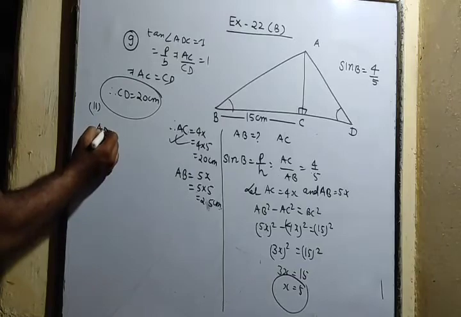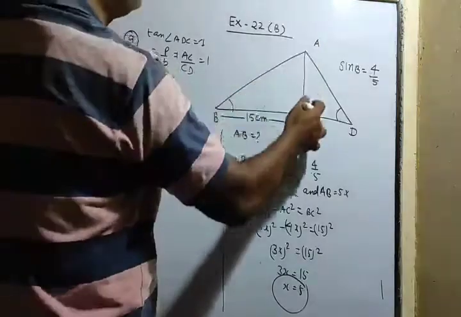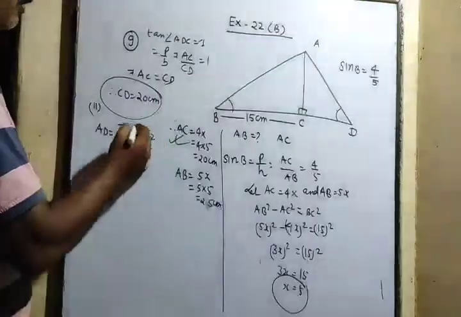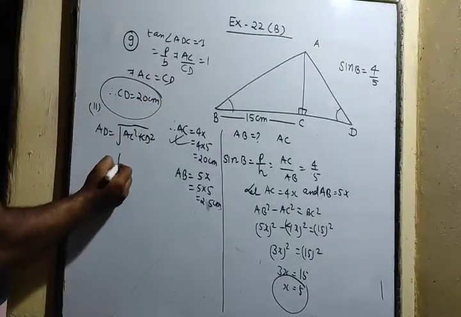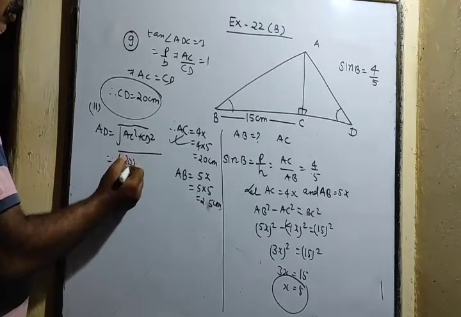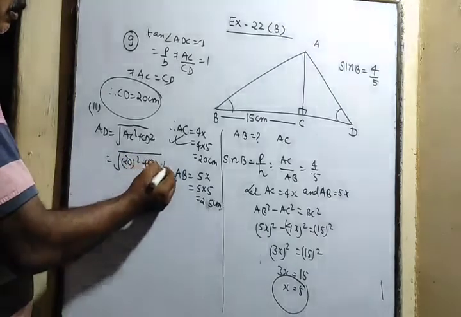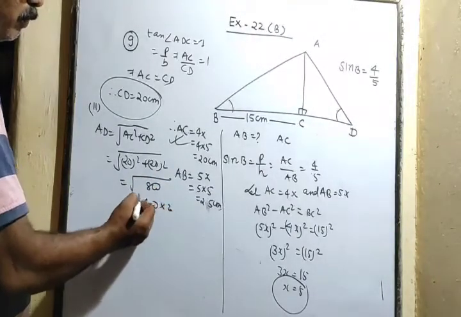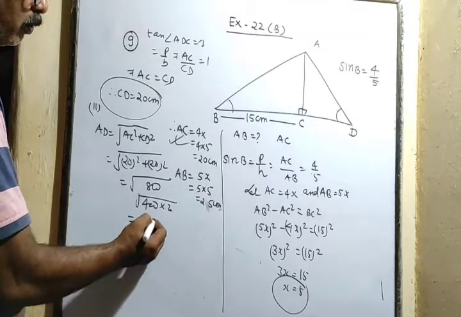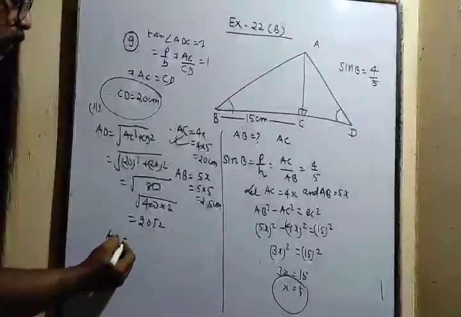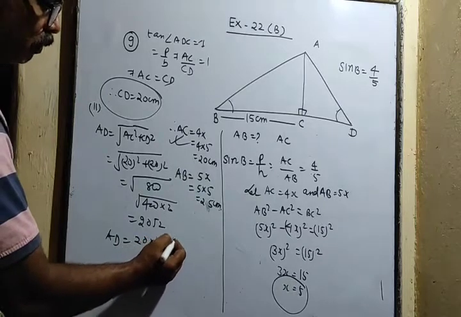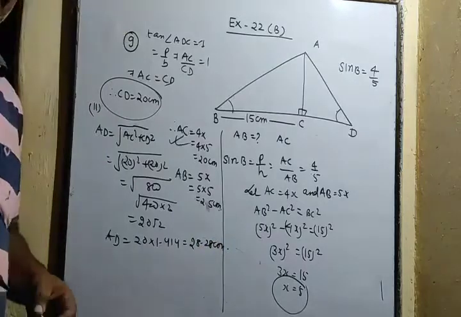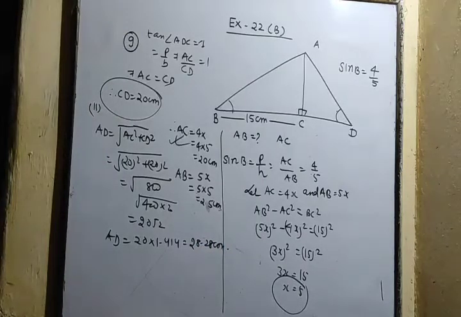So as you know, AD is actually the hypotenuse for this right angle triangle. So it will be AC square plus CD square, and AC and CD are both equal. So it will be 20 square plus 20 square. So it will come out as root over 800 or 400 into 2. So it will be 20 root 2. So the AD length will come out as 20 into 1.414, meaning 28.28 centimeter. Your answer has come out. So the question is easier but a little bit longer.